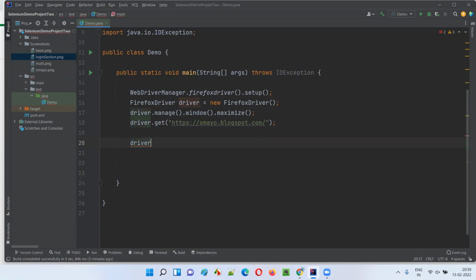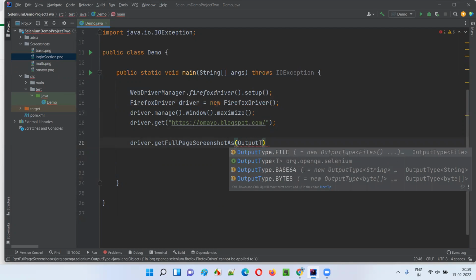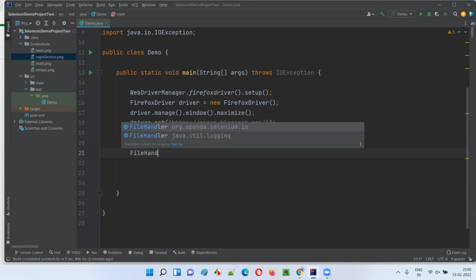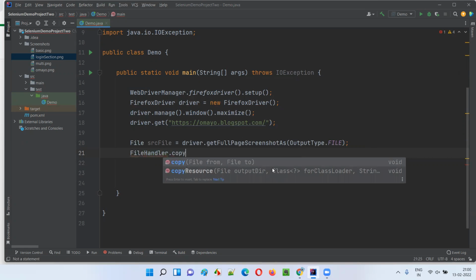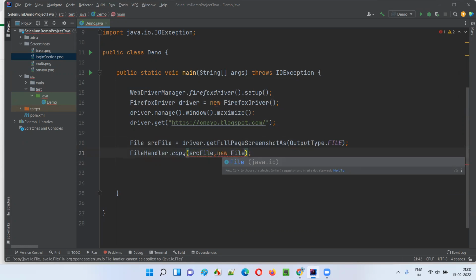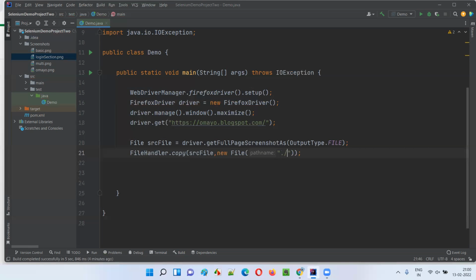driver.getFullPageScreenshotAs. Again here I need to type OutputType.FILE. Now hover the mouse on this, you see it is returning you the file, guys. In simple words, it is going to return you the file. So simply say File srcFile equals, and then FileHandler from the Selenium library, FileHandler.copy source file, comma, to destination file, new File of ./